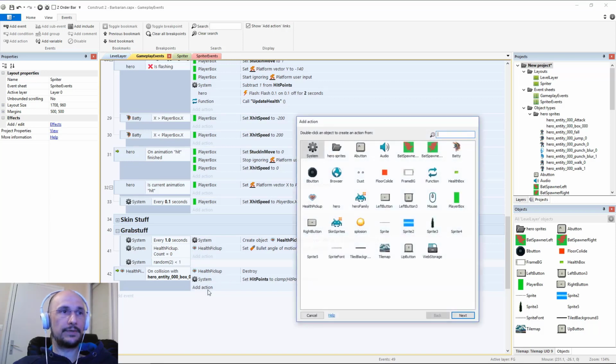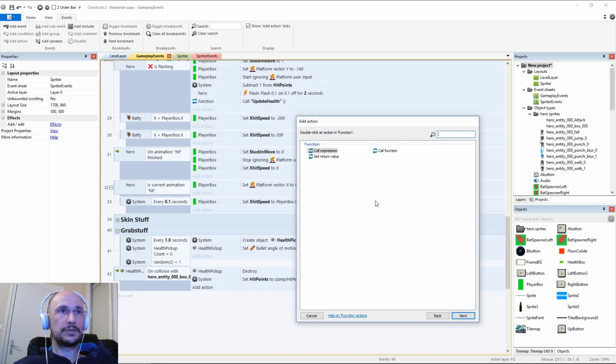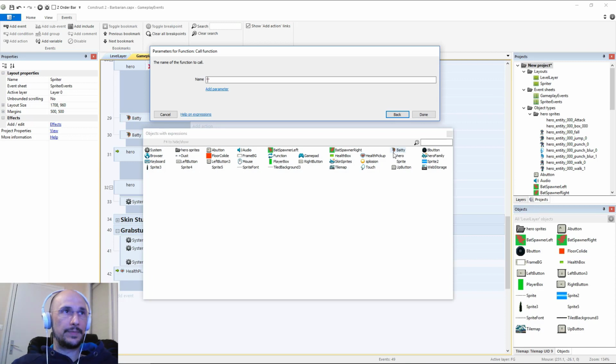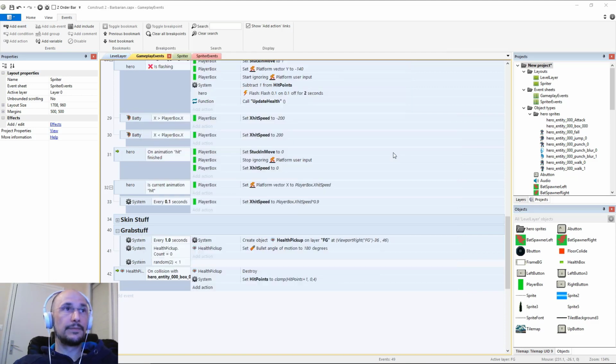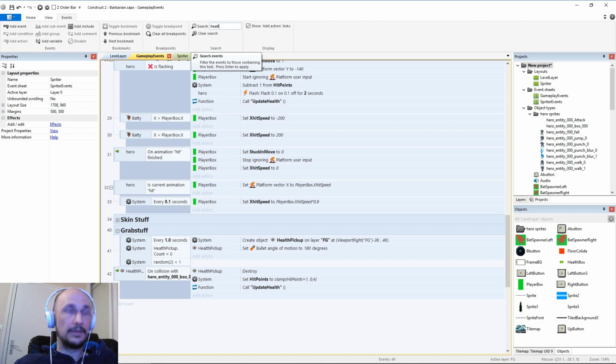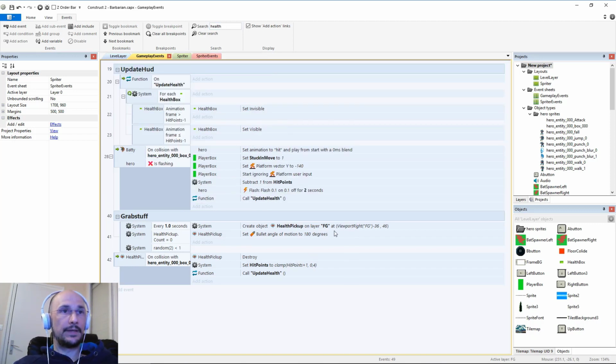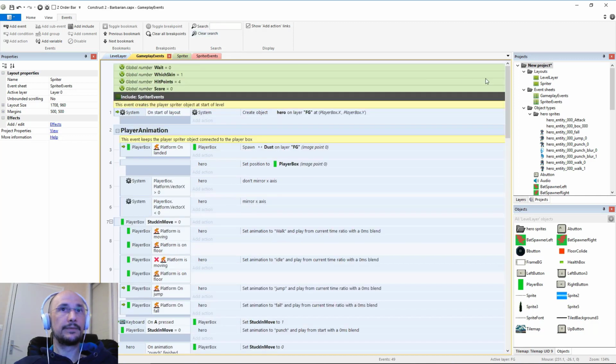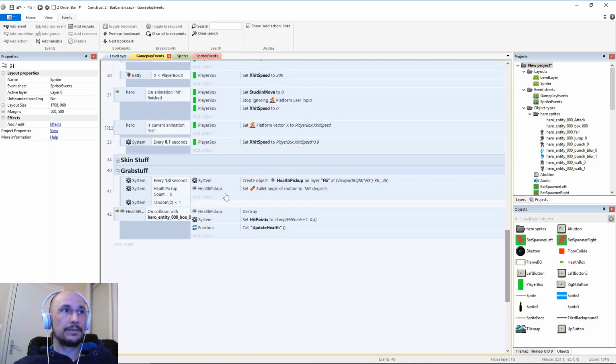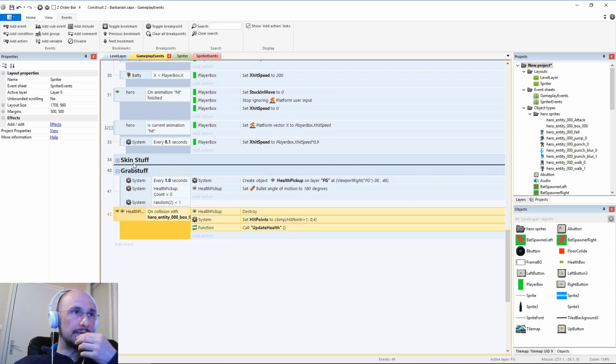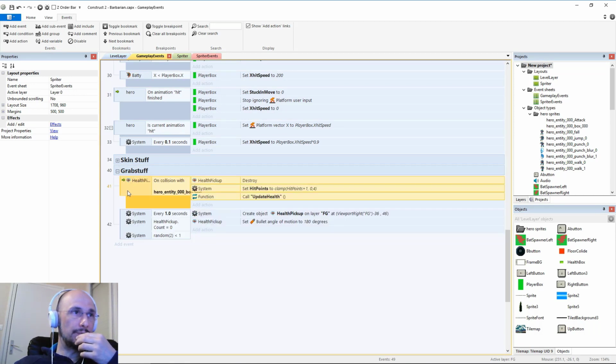Alright, and then the other thing we need to do is call that function, which was called update hit points, I think. Update, or was it update health? I think health. Yeah, I think so. We can check by typing health, and if we get, yep. Where is it? Update health. Yep. Okay. So that's all done. We will drag this into the actual group,